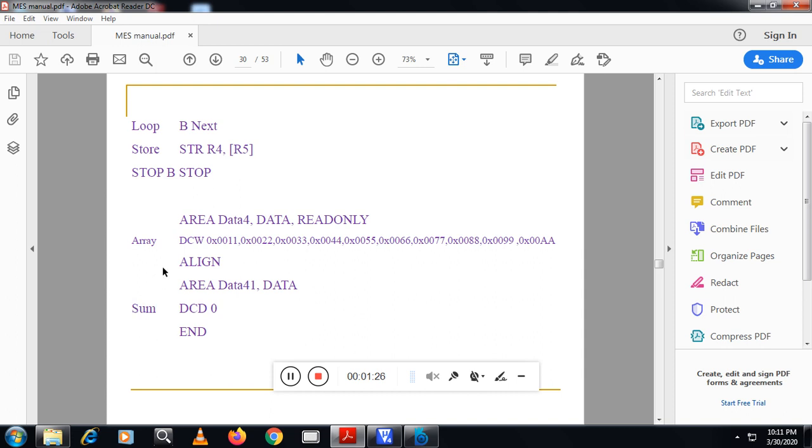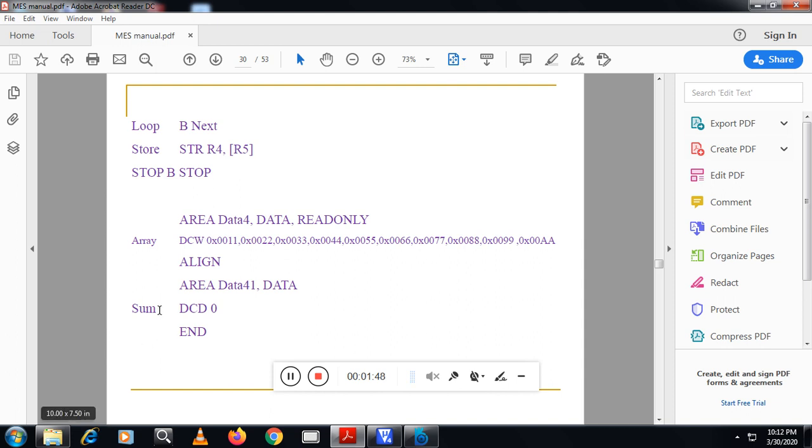that is, the sum. So array is a name given to the memory location, and this is of type DCW. DCW means define constant word, which will allocate half words of memory and align with 2-byte boundaries.